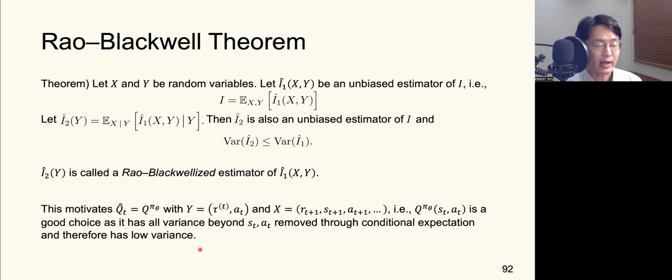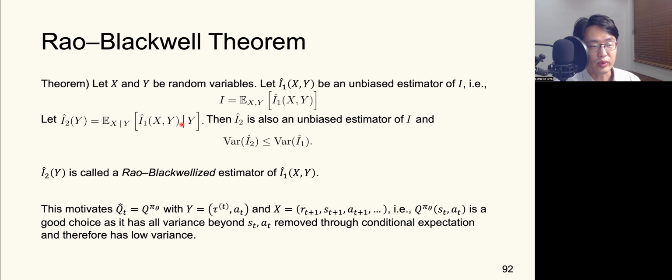Let me state the Rao-Blackwell theorem in a little bit further generality. The Rao-Blackwell theorem states that let x and y be random variables, and let I1 as a function of x and y be some sort of unbiased estimate of I. So I is the expectation of I1 with x and y plugged in, where x and y are random variables, and the goal is to estimate this unknown quantity I. Now let I2 be another estimator of I, but I2 is only a function of y, and it's defined to be I1